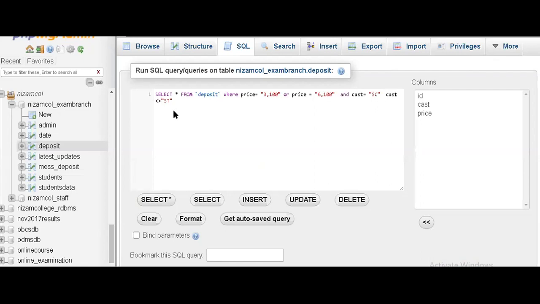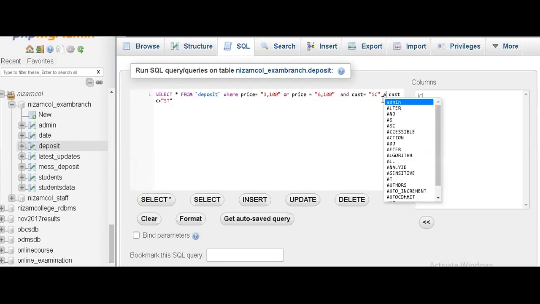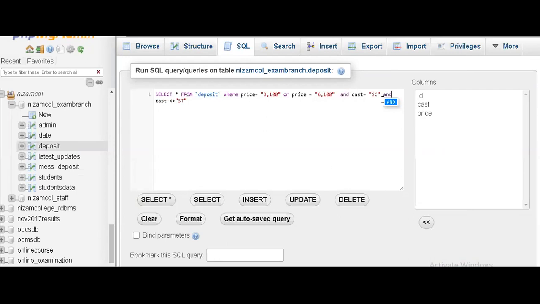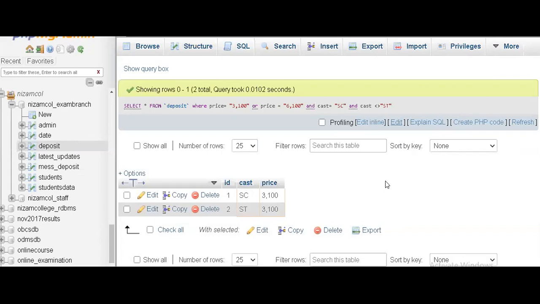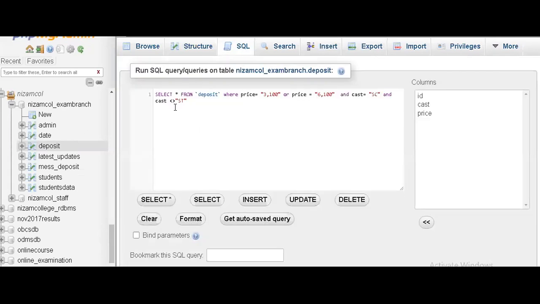Sir, I think the caste spelling is wrong. I have written it correct only. No, sir, the spelling, no, an E will come, sir. No, I didn't write it, because how I designed the column, in that fashion I have written. So it depends upon the columns. Okay, sir, according to the columns you have written, it will come. So here I'll be saying, let's see whether it comes or not. No, it's coming.